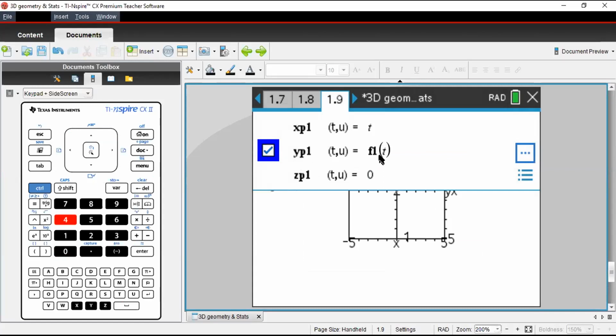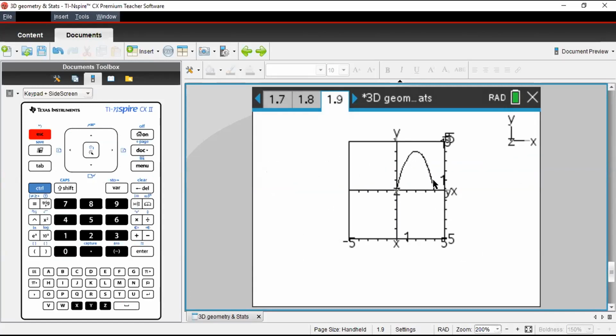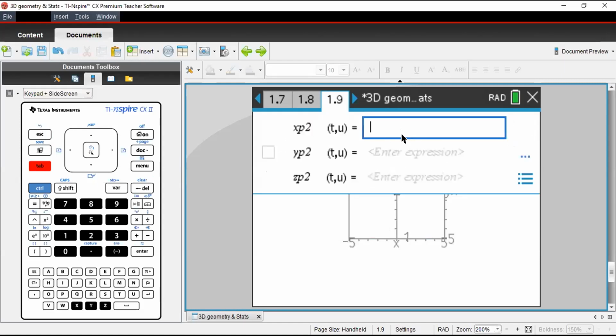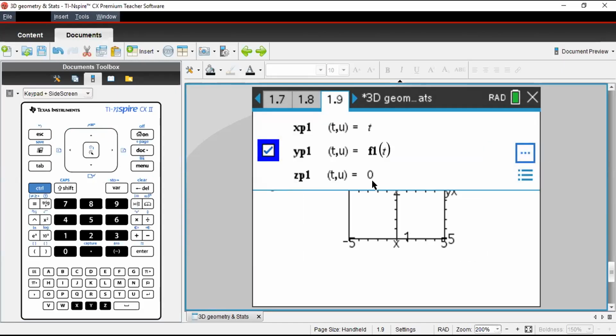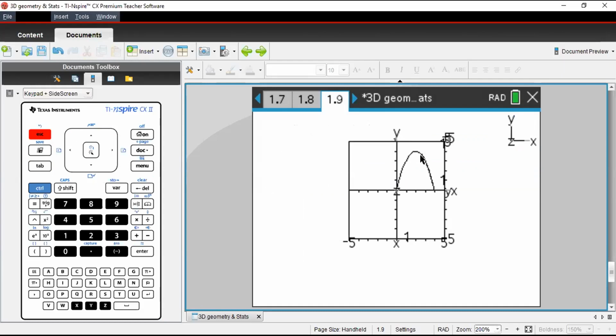Why? Because I want to see my graph exactly above the x-axis. Before this, the graph was even lying below the x-axis. But since I changed the setting of t from 0 to 4, my graph is exactly lying above the x-axis.